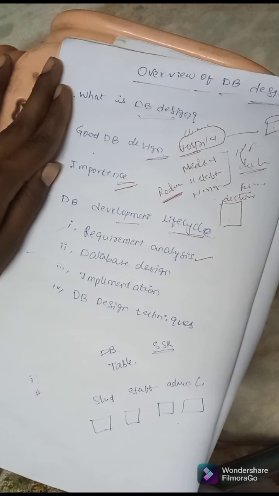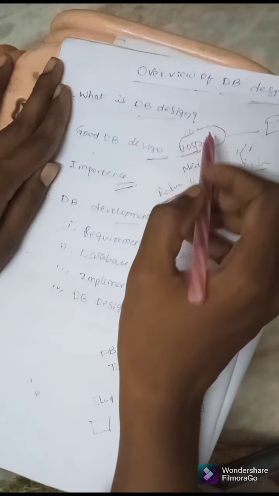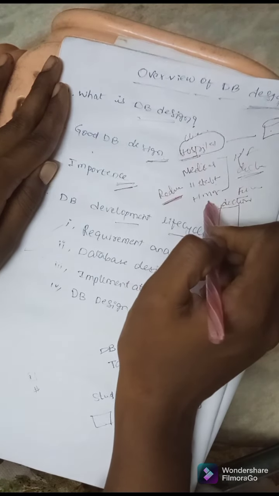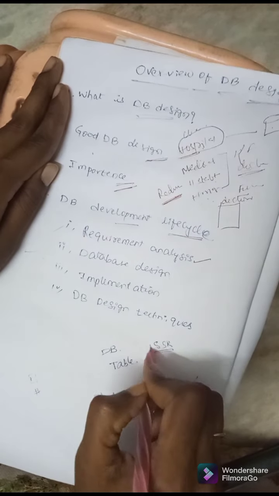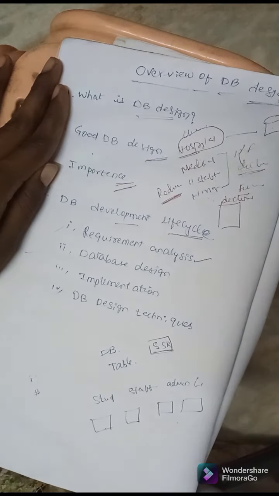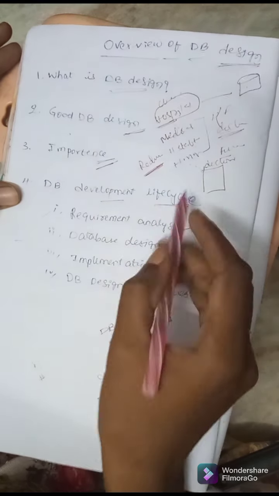The first one is requirement analysis. Requirement analysis is nothing but, now only I told you, whatever the requirements are there, each and every point you have to collect from the client. So what is a client? Whoever is giving you a project to design a database is called a client. For example, if you are developing the database for a hospital, the management is the client. If you are developing the college database for SSR, the principal sir is the client. Now each and every point we have to collect from the client.